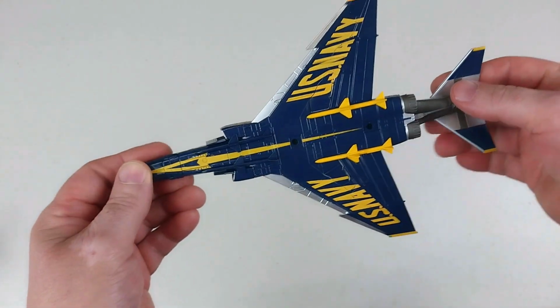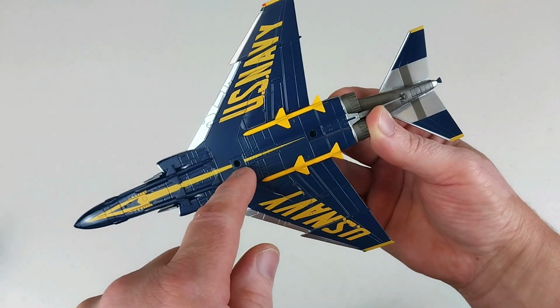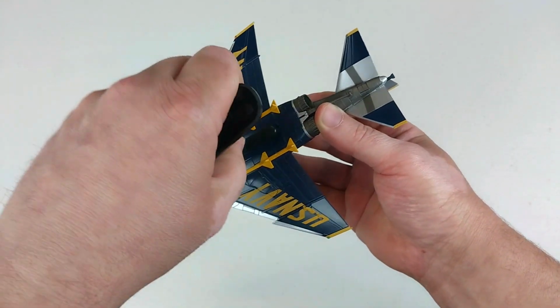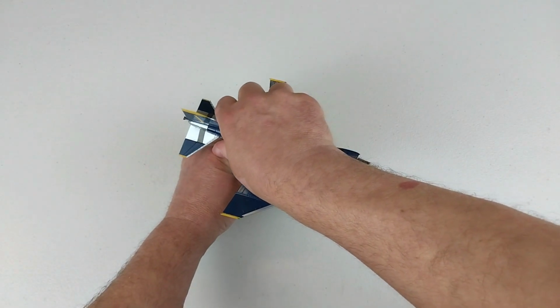And of course, if you do want to put it on the stand, there are these areas here that is the location of where your stand will go in. You put it in those little holes there, and it is ready to display